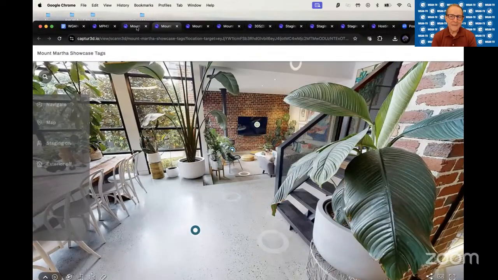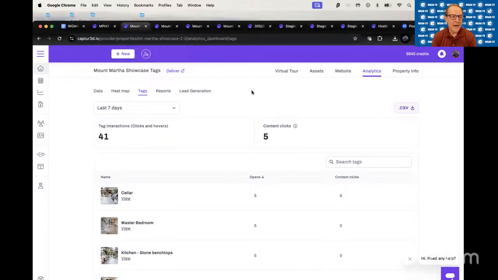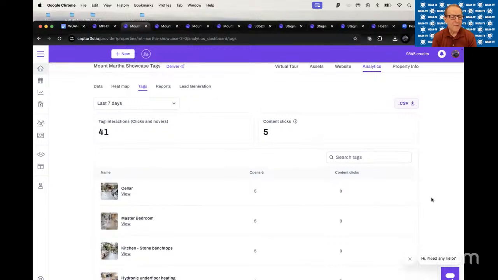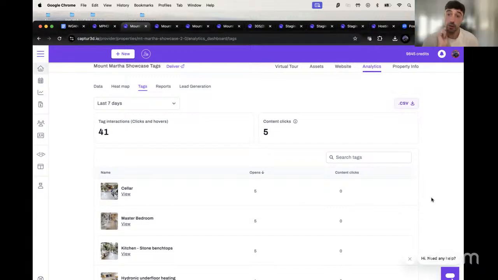Looking at the subscription plans for Captured, I do see that Property Metrics is included in the free plan, and obviously the analytics dashboard. Are tag analytics included in the free plan, or do you need to be on a paid tier of Captured? No, all these analytics are actually under our free plan tier. So it's a really good opportunity, if you haven't signed up to Captured yet, to sign up and have a go with a free account using these different analytics. They're very applicable to a wide range of industries.